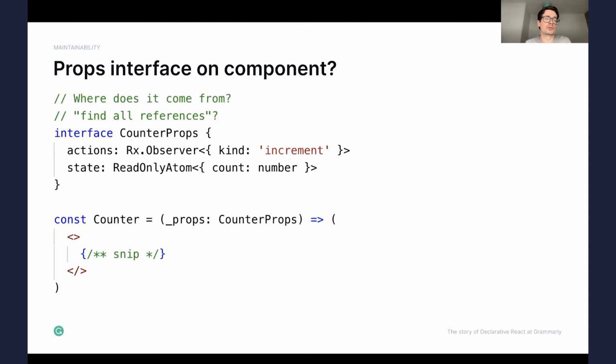Well, one of the problems that we had was where to define interfaces. It's easier to maintain components if we create interfaces for their properties. We say that, okay, counter is a React component that has these props. It has actions and state. Actions has this type, state has this type. Where do we put this interface? If we put it next to the component, that seems logical, but then we have a problem